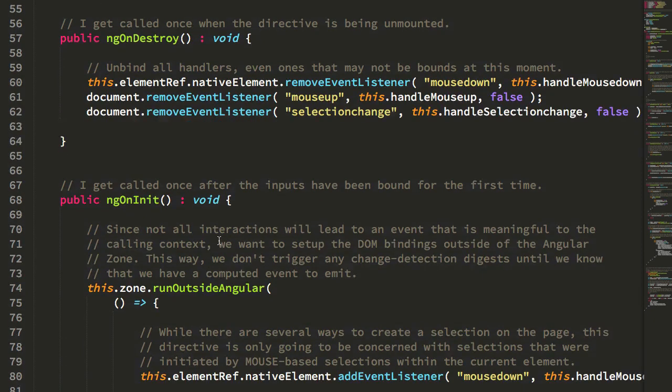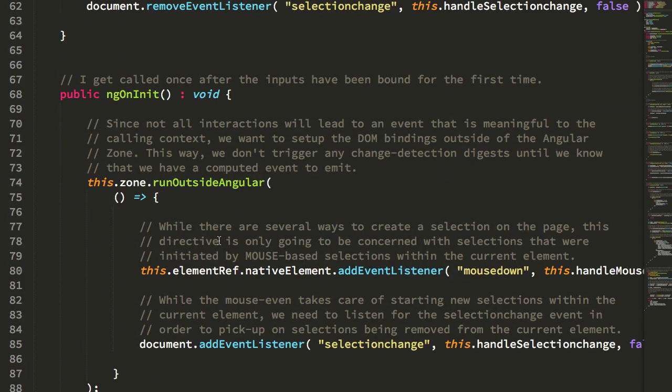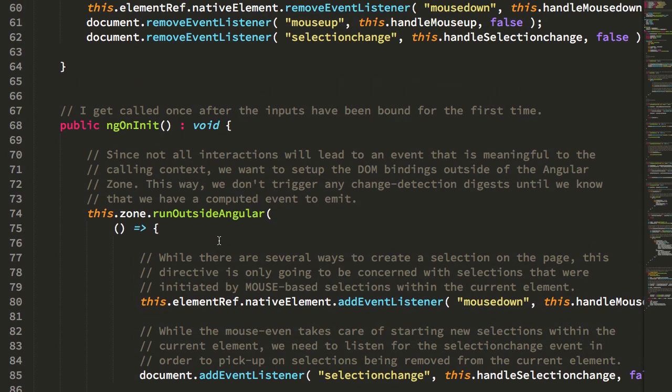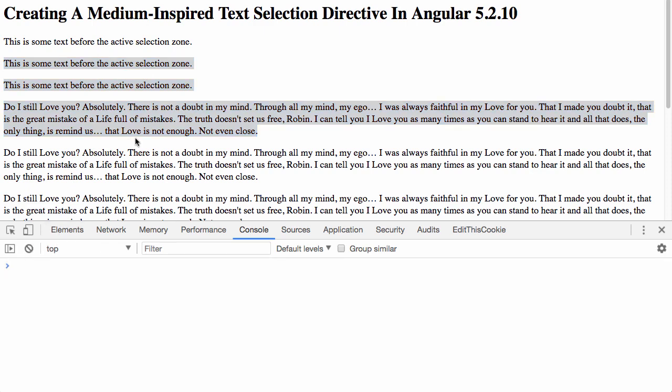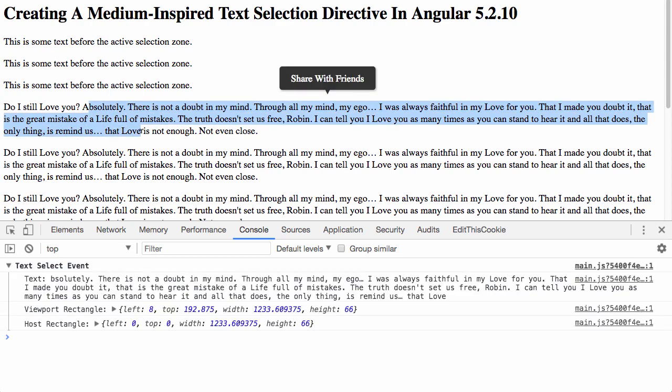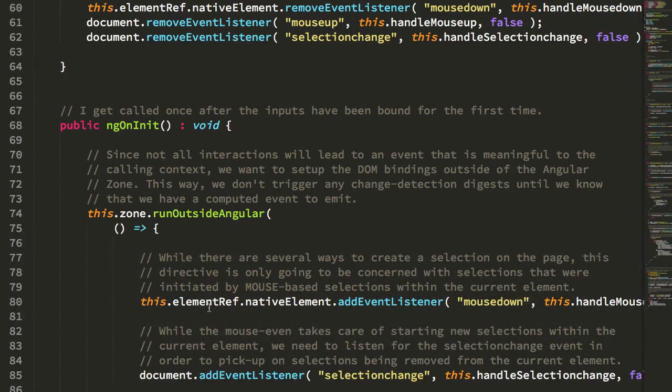Now, probably the most interesting thing about this directive is that there is not a one-to-one ratio of DOM interactions to events, meaning that, for example, if we look back here, if I start clicking inside here, but I bleed over outside of the container, there's no event that takes place. Similarly, if I start selecting outside of the container and drag into the container, there's no text selection event. And that's because we only want to deal with selections that are contained wholly within the container, which means that there's a bunch of events here that I can listen to that don't necessarily lead to a change in the